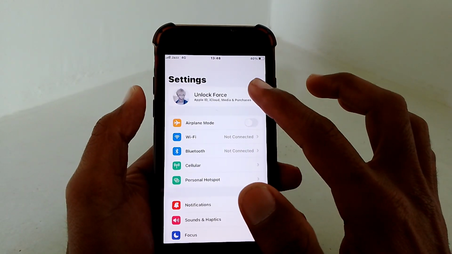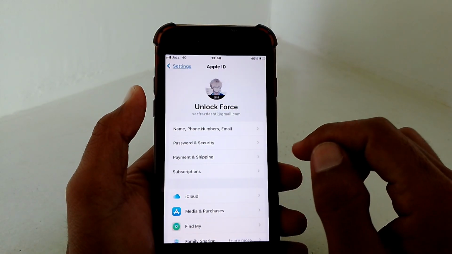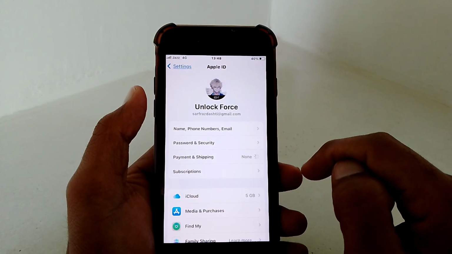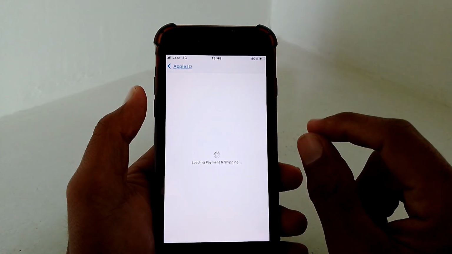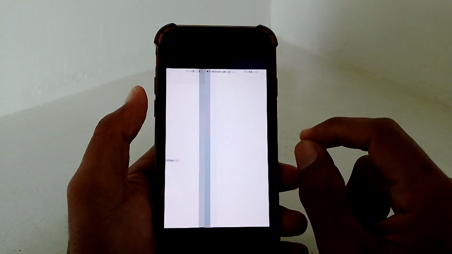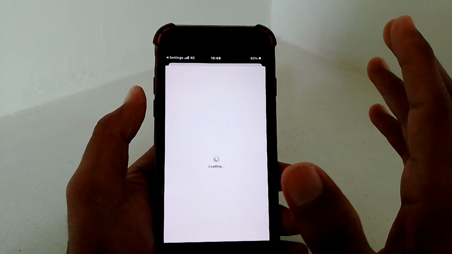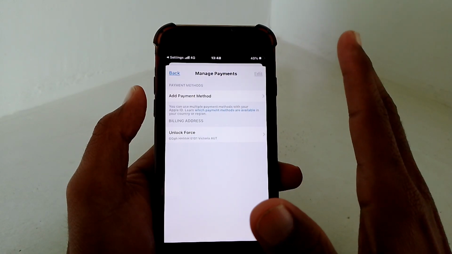Okay guys, just simply tap on your Apple ID banner. Now guys, from here just simply tap on the payment and shipping option. Okay guys, just simply tap on this and wait a few seconds. Okay guys, this is because you don't have enough money in your payment method, that's why it's showing this